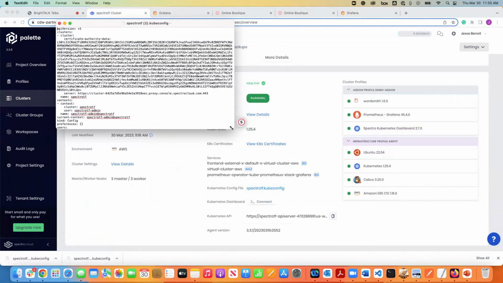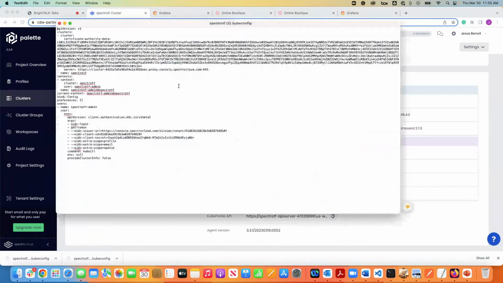So on my screen is an eye chart. Hopefully you can all see that. In this particular config, Kyle could send this to a white hat hacker or a black hat hacker and be secure, if you ask me. Because what's in here is he's configured his OIDC. So the hacker can do whatever he wants with this file, but he's not getting into Kyle's identity provider.